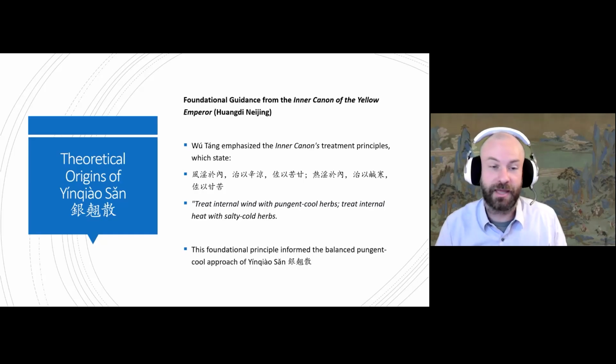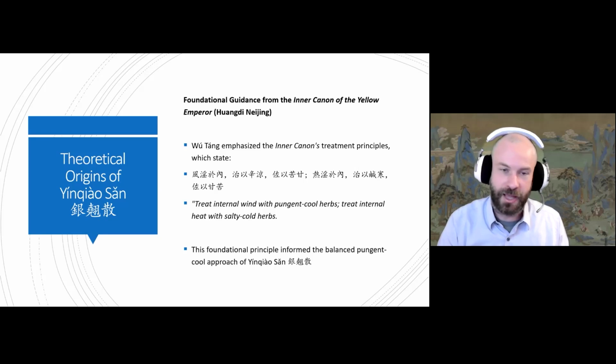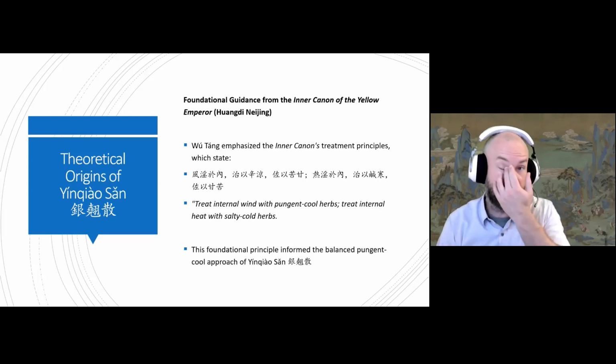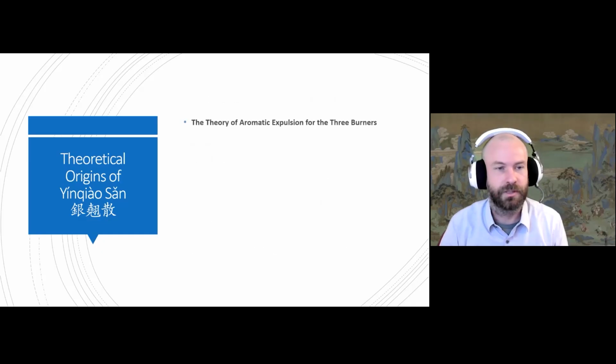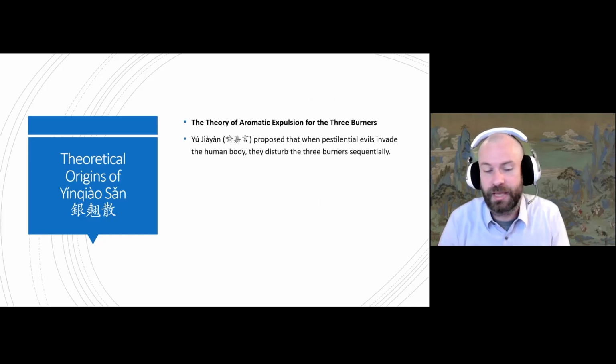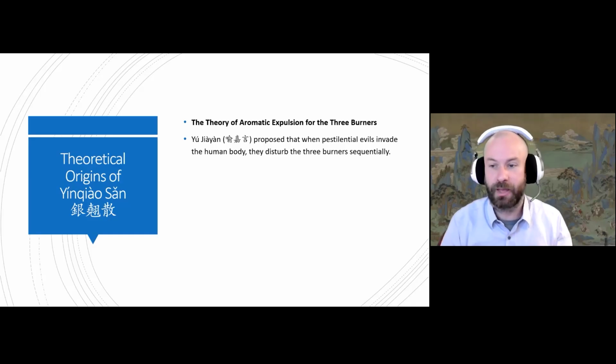It should also be noted that these kinds of flavor profiles and applications have been applied to the Shanghanlun as early as a commentator called Cheng Wuji, in about the 10th or 11th century. He also looks at the idea of treating the three burners by Yu Jiayan, or Yu Chang. If you remember him, he was the one who discussed the form of the Sangju.